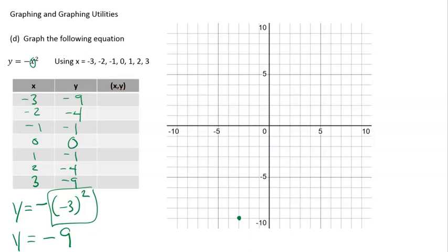Which is easy to do. Okay, so watch your work. -2, -4. -1, -1. 0, 0, so I have a point on the origin, and then 1, -1, 2, -4, and 3, -9. Again, you connect dots from left to right, okay, and then the arrows have to do with